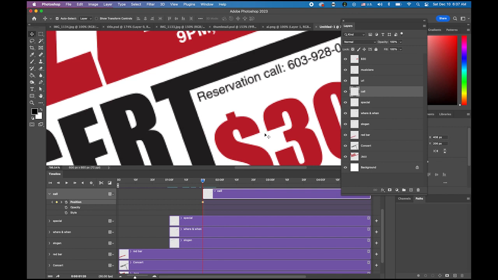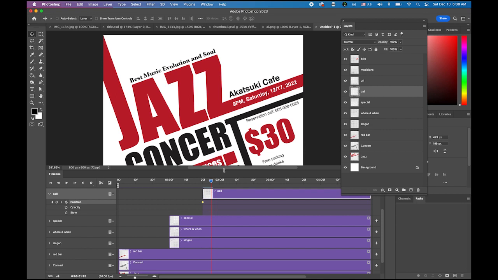Call position here. See? I'm going to move it like that. And at the two-second mark, second keyframe, I'm going to move it to there, like that. So it is